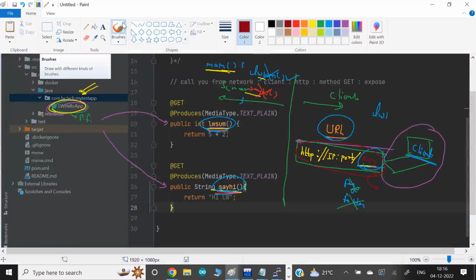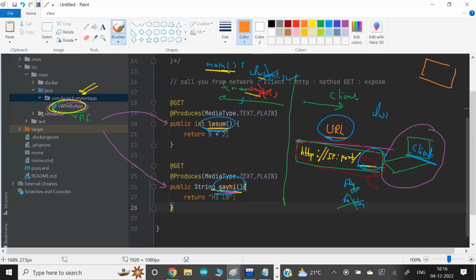How? Inside the HTTP packet. This data will go inside the network packet. And this network packet is actually built by an idea called the HTTP protocol. So an HTTP packet has one header. In the header, they go. We'll talk more about the header in my upcoming discussion. But they go to the server as it is. It means if the client types this URL and types here LW1, it goes to the server. If the client types LW2, that goes to the server as it is.